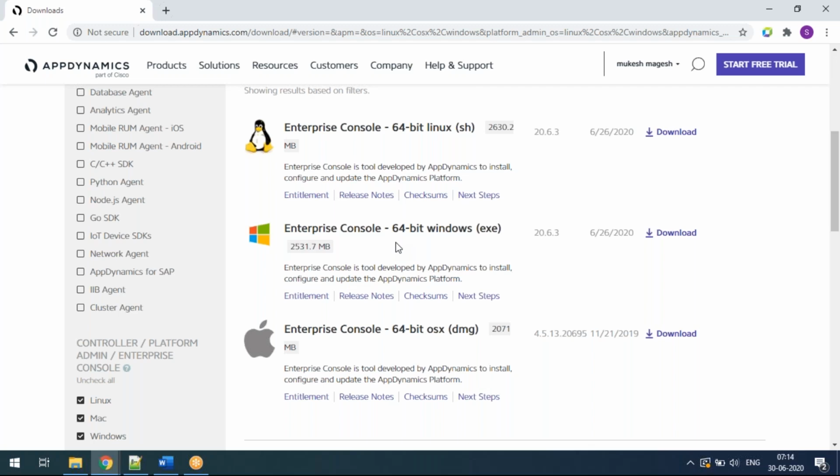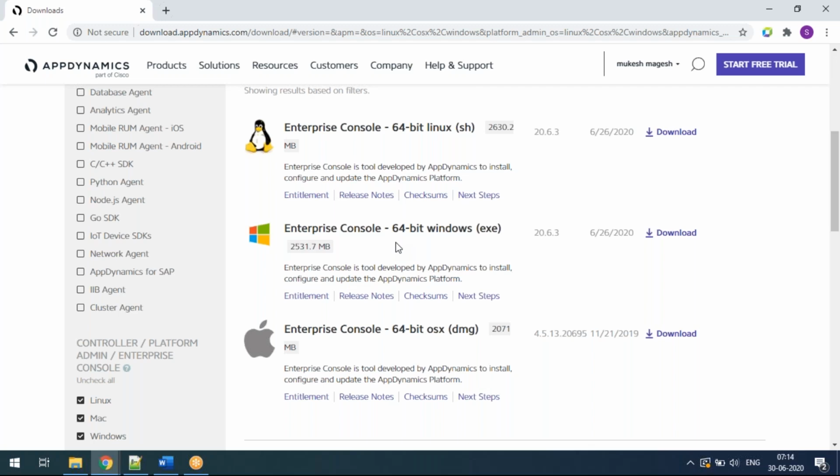So don't think like what is this? Controller is nothing but UI. Event services is taking the event activities, whichever agent is doing what and how the data is collected, those things. And internally, some database will also be installed. And there is a prerequisite for each and everything. There is a demo installation, there is a small installation, there is a large installation. Like that, it is available in the installation.